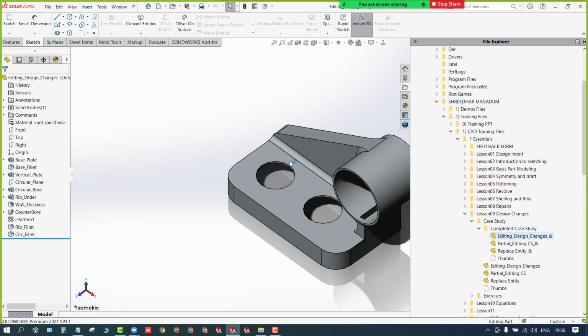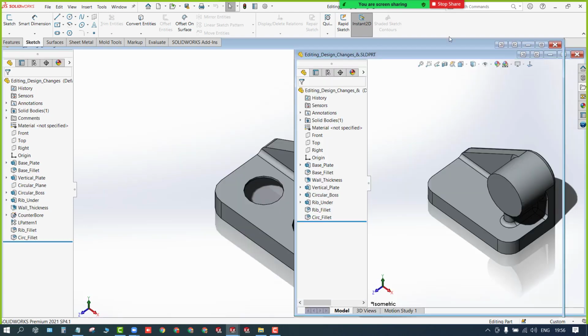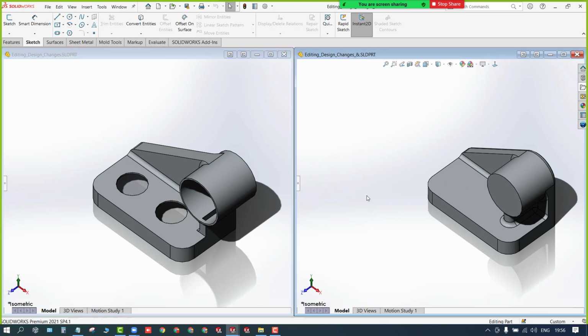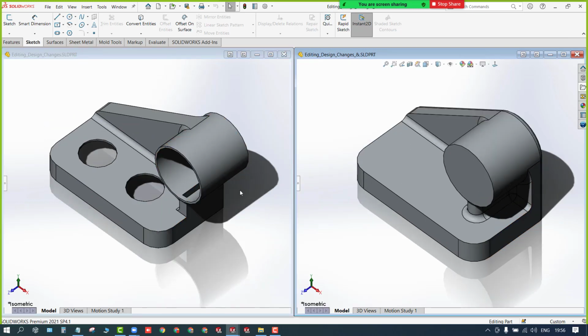This is a very important session. Concentrate. There are two models. Now I need to make some design changes to this model so that I can get this one as a final model. So now what all can we do?